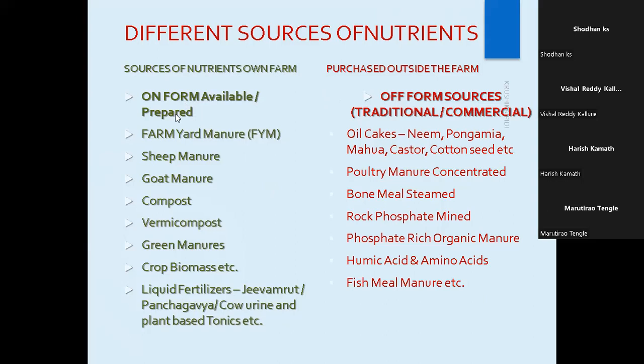So the first one is farmyard manure. The second one is sheep manure. This I think you know very well, and also goat manure. These are all byproducts of the animals. Compost. Then we have vermicompost, green manures, crop biomass. It's more like farmyard manure, and some liquid fertilizers, liquid organic manures, like the common ones,